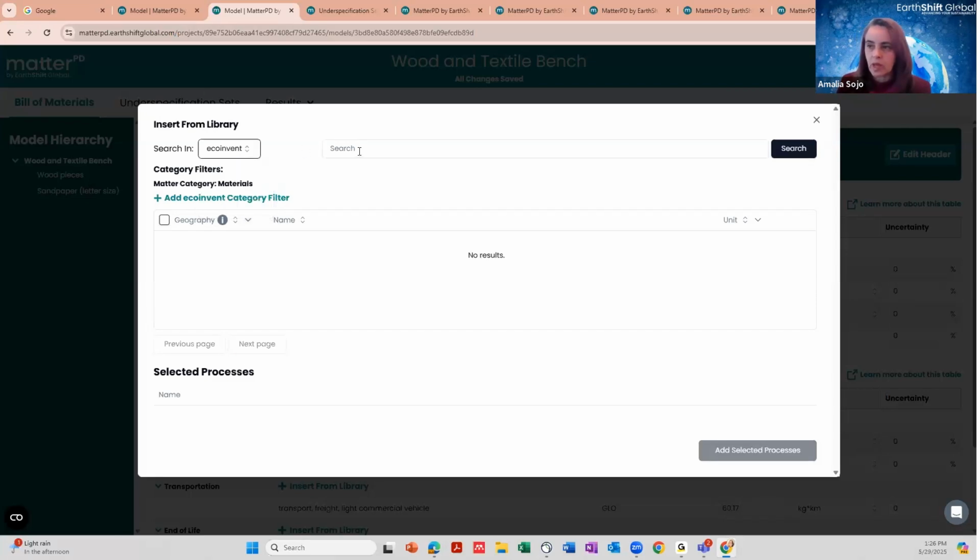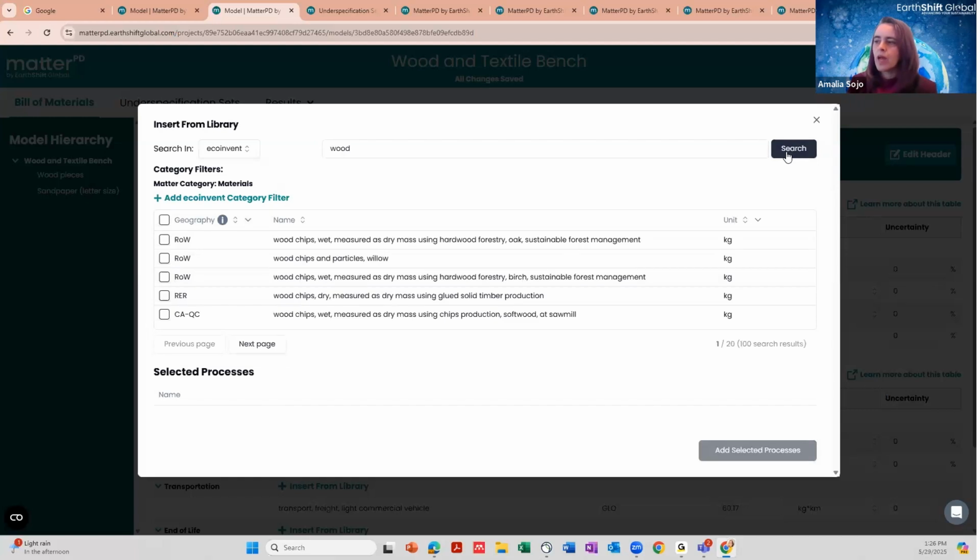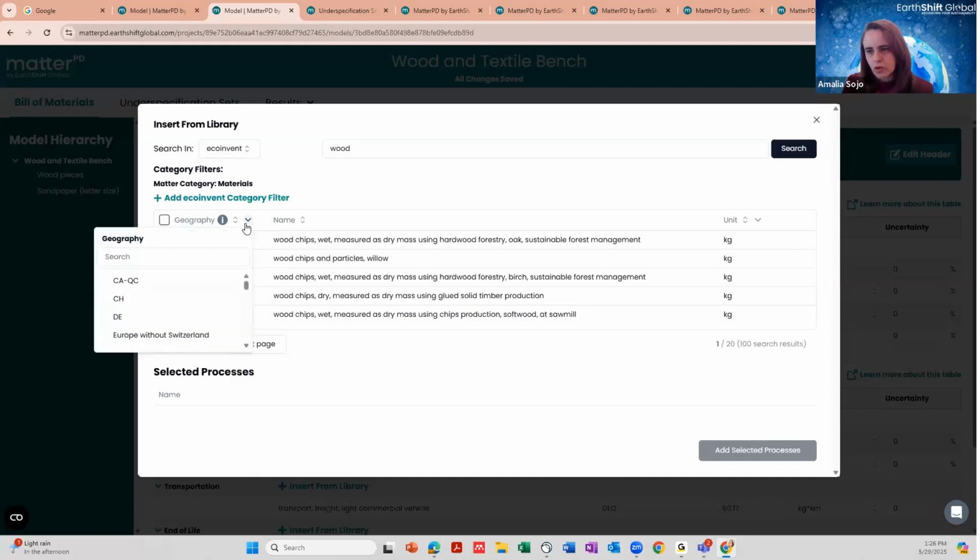So let's say, for example, that I want to search for wood. Then I will have several results, more than 100 results. And then maybe I want to filter by geography. When I search by geography, I have here in black the ones that we have available as wood, and in gray are the regions that are there but are not available for this product.